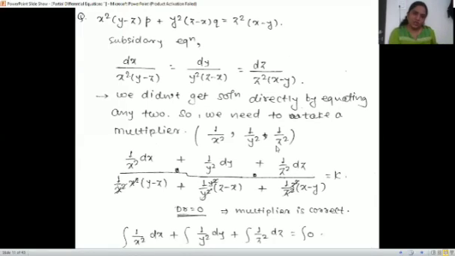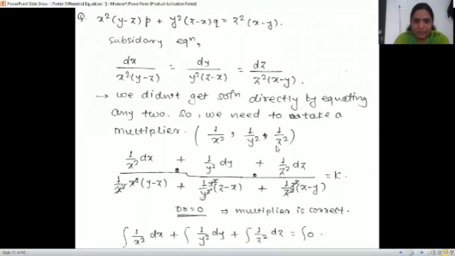Okay, the next question is again Pp plus Qq equal to R form. So we have to write the subsidiary equations, that is dx upon P is equal to dy upon Q is equal to dz upon R. So we have written here, and then we'll check the ratios. Is there a possibility of ratio? If we take first two, there should not be z, but it will be there. For last two, there should not be x, but it will be there. For first and third, there is y, and we cannot eliminate, right? So here we'll go for multipliers.